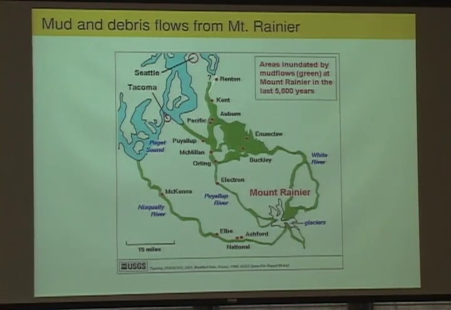Seattle, the debris flow presumably wouldn't reach up to Seattle, but this is a very densely populated area down here. So there's a lot of interest in modeling things like debris flows in connection with volcanic eruptions. And as you can see here, this problem has a characteristic that's common to a lot of the things I'll talk about, which is that there are very different length scales involved here. This is a large region that we're looking at, but the regions where the actual flow is are often fairly narrow valleys.